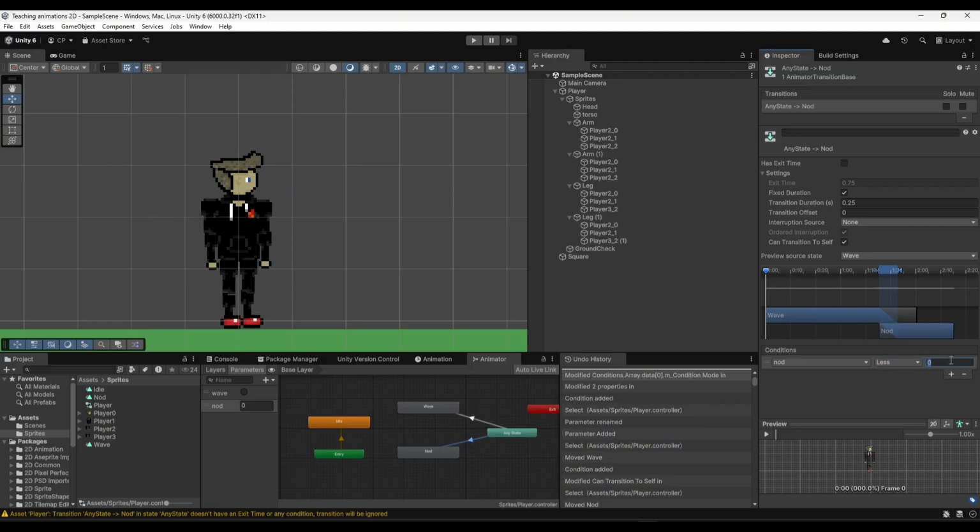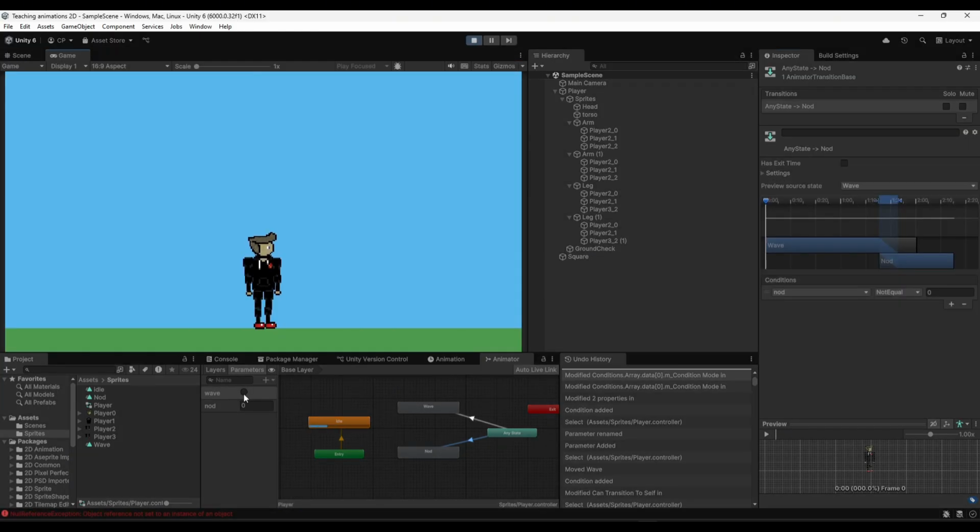If nod is less than 0, play this animation. If nod is equal to 0, play this animation, and if it's not equal to 0, play this animation. So I'm just going to make it so if nod is not equal to 0, play this animation. Now what we can do is, if I press play, I can manually activate the trigger